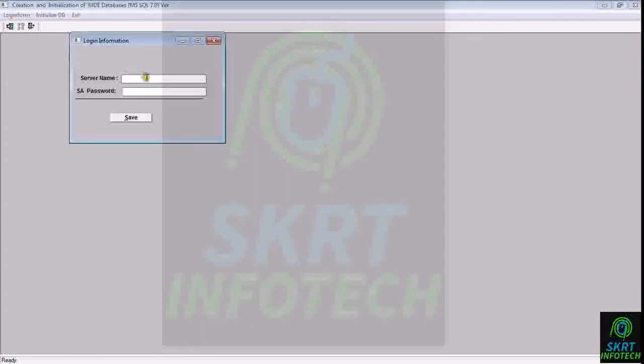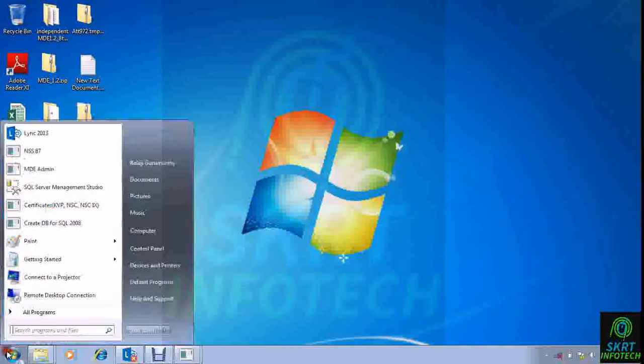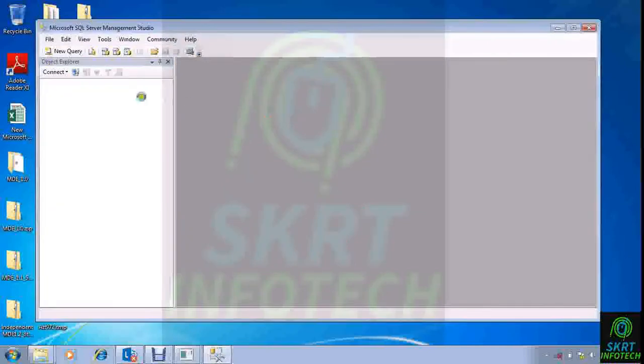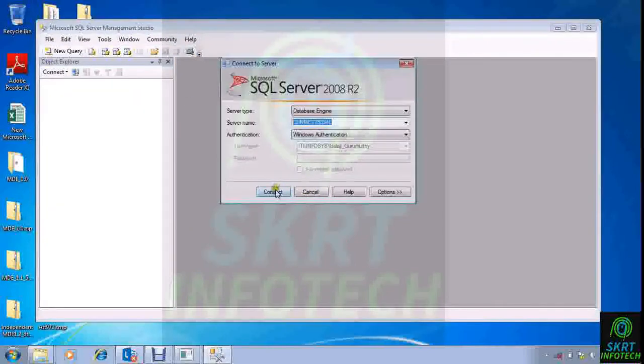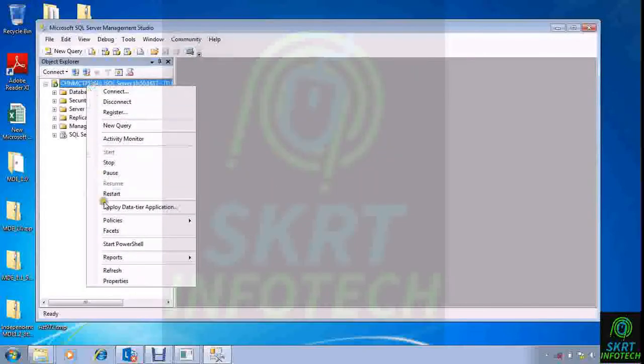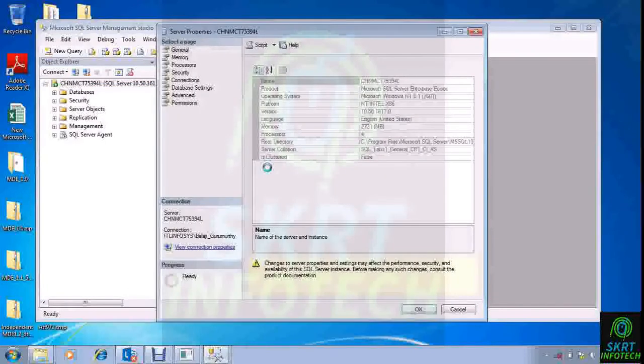Login. You have to get the server name. Come to the desktop. Open SQL Server Management Studio. Once connected, right click, properties, and you'll find the server name here.